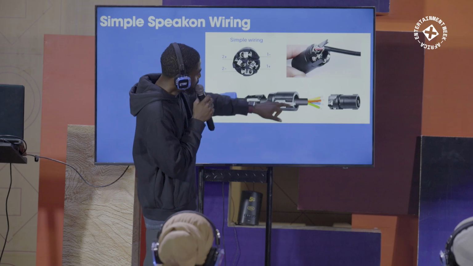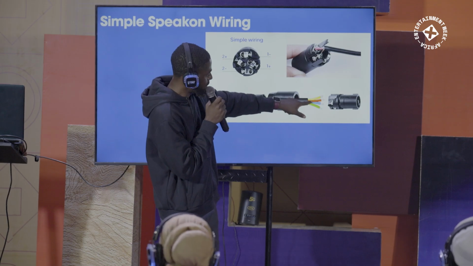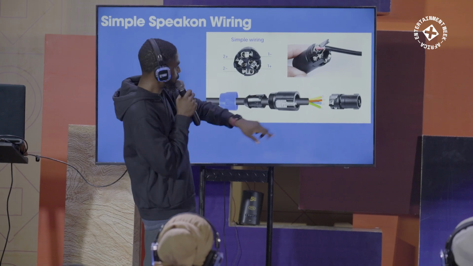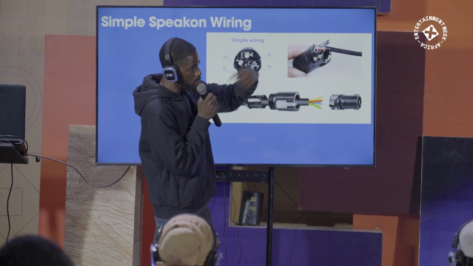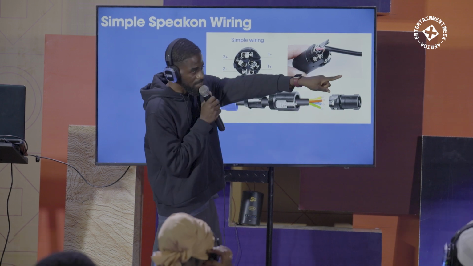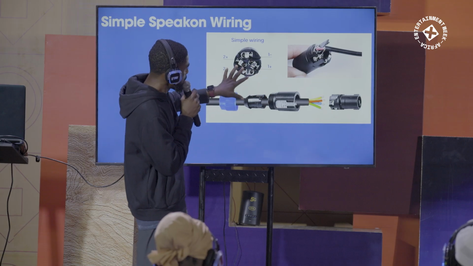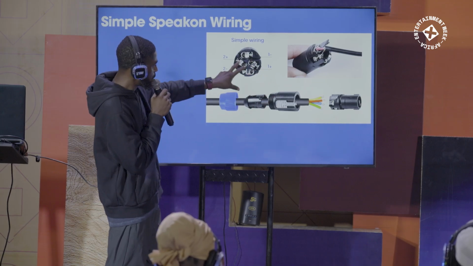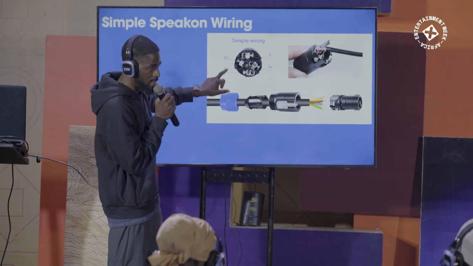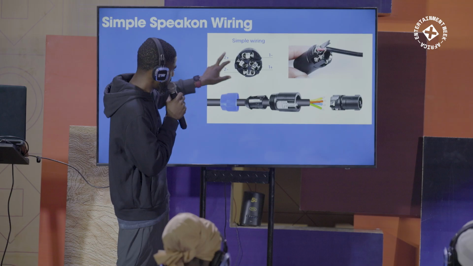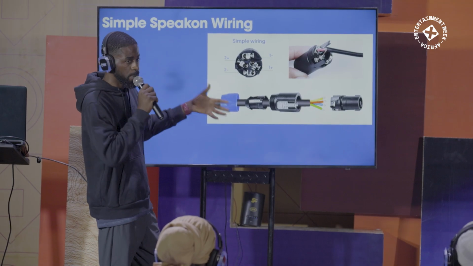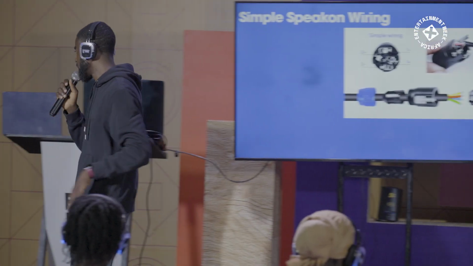So for example, if you choose yellow and red as your +1, -1, it means on the other end, you're going to choose yellow and red as +1, -1. Because if you swap it the other way, no signal will be sent to your speaker. So it's important that when you're wiring your connector, you observe the wiring procedures, which is +1, -1, +2, -2 on both sides of the cables. Cool.